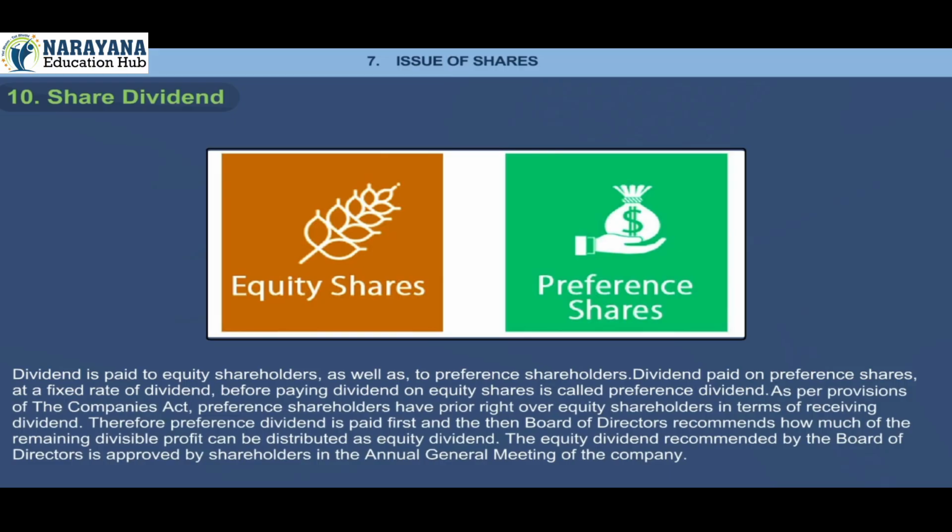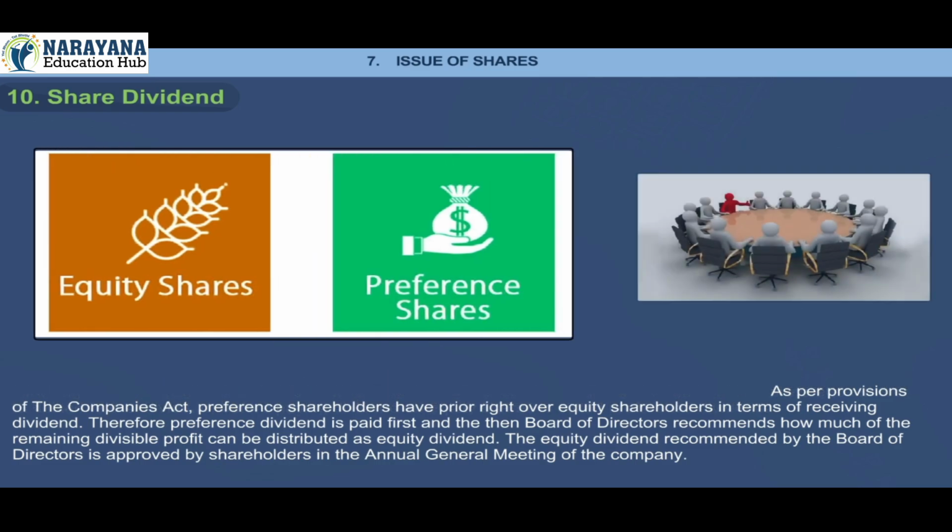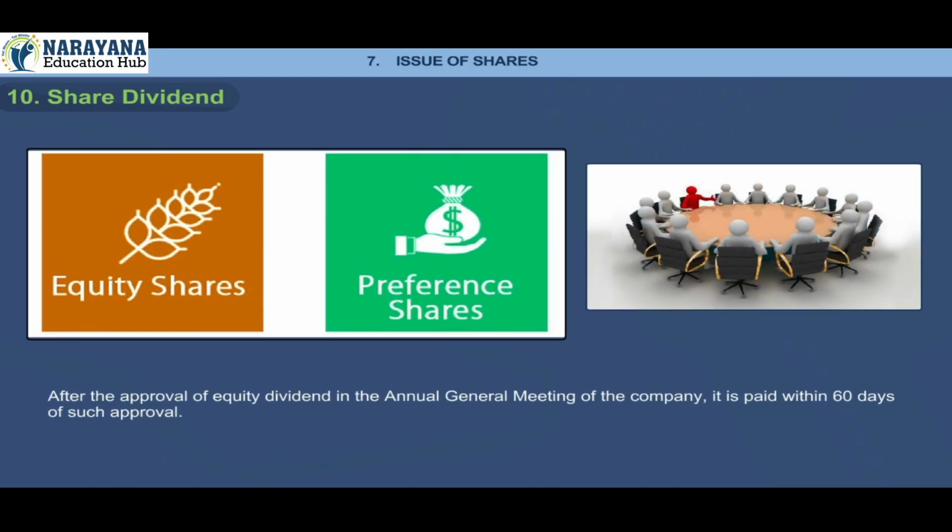dividend. Therefore, preference dividend is paid first and then the Board of Directors recommends how much of the remaining divisible profit can be distributed as equity dividend. The equity dividend recommended by the Board of Directors is approved by shareholders in the annual general meeting of the company. After the approval of equity dividend in the annual general meeting of the company, it is paid within 60